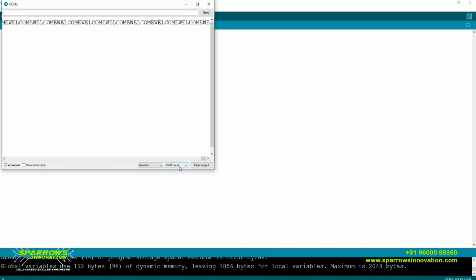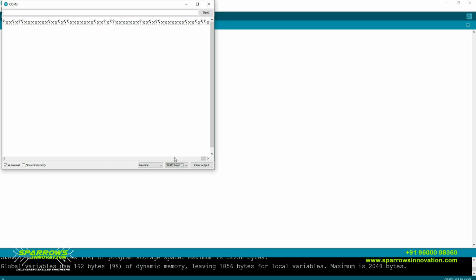At the bottom you can see the baud rate value 9600 mentioned. This is the baud rate for your computer monitor, and we can change it here. These are the different standardized baud rate values. If I change the value to 38400, now my computer will act at a 38400 baud rate speed. That means my computer speed is high compared to my Arduino speed. In the Arduino program I uploaded 9600, so the data is corrupted here, right?